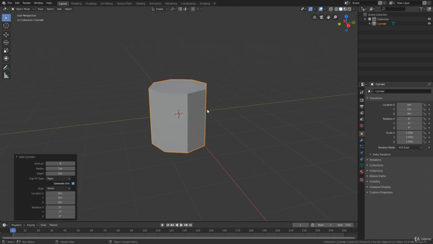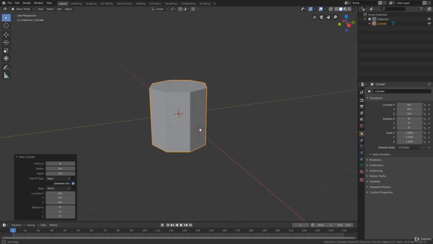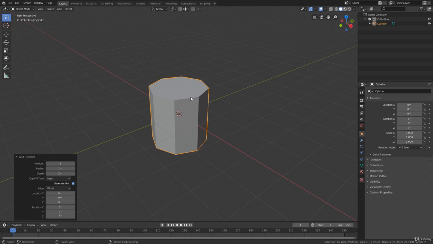And now I'm going to rotate the cylinder to the horizontal position, okay? The ideal here is to rotate the object so that the front part and the back parts are aligned to the y-axis, and the sides of the object will be aligned to the x-axis of the view. If we model the object this way, it will facilitate the use of several tools related to symmetry and mirroring